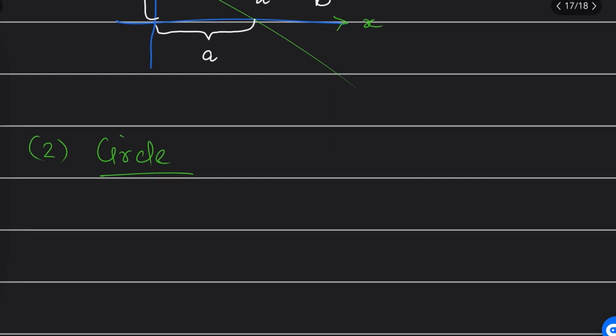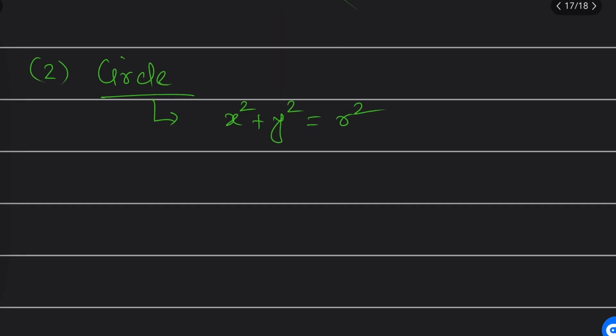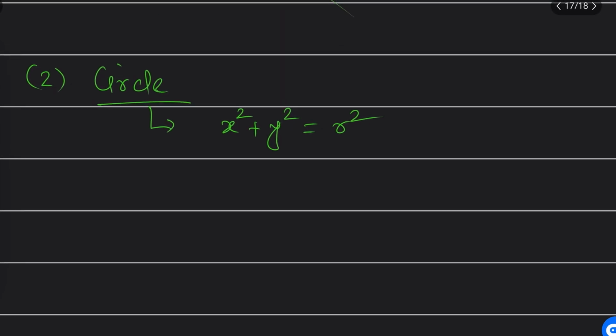Sir, how does a circle appear and what is the equation of a circle? Sir, I already discussed the circle equation slightly. X square plus y square is equal to r square. Sir, how will it look in the graph? It will be like this, and the center is at the origin. Then this is the equation. If the center is not at the origin, the equation will change. So this is the standard equation, you should remember.